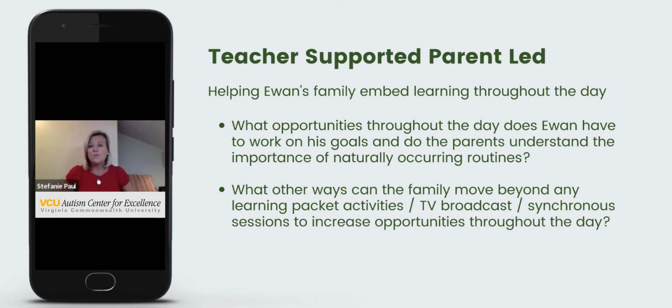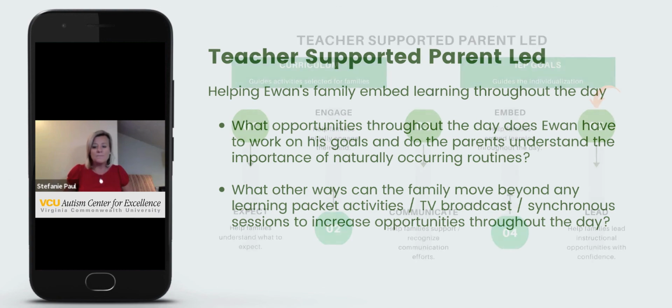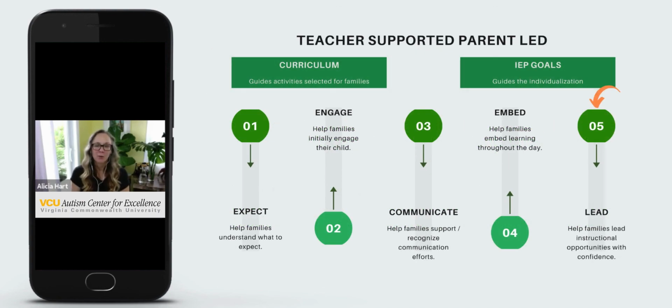I think that really just getting, again, a sense of where this is best, but also moving beyond whatever that is, right? Learning, again, you mentioned right in the get-go, parents are a child's first teacher, right? And there are so many ways that can be done, and it doesn't have to just be the way that was sent to you from a school. How can you expand on that? What can you do in other times throughout the day to help with the learning? And of course, finally, in a teacher-supported, parent-led learning situation, we've got opportunities where parents can lead instructional opportunities at